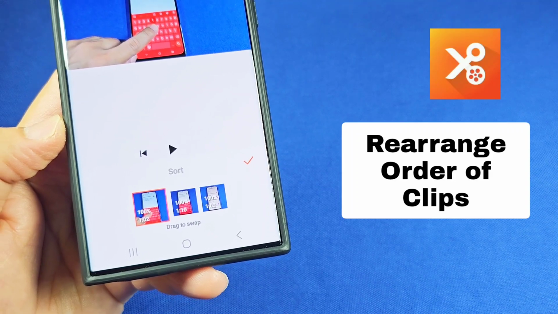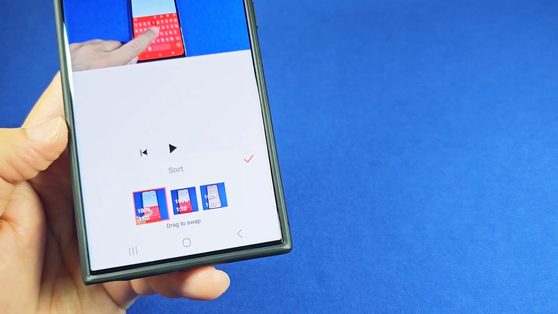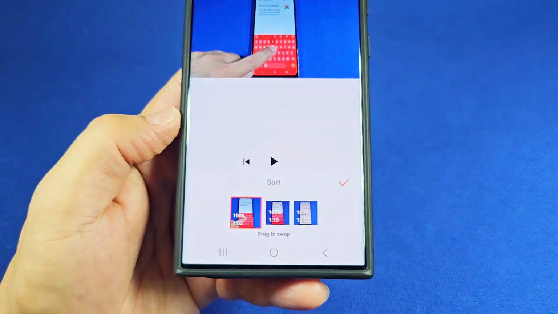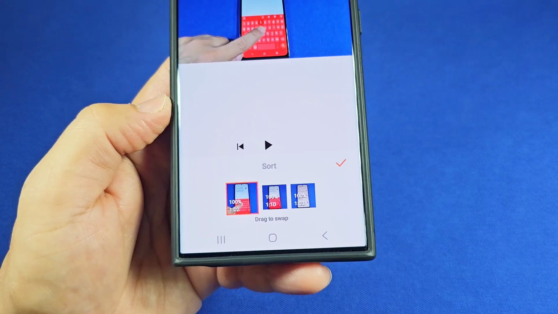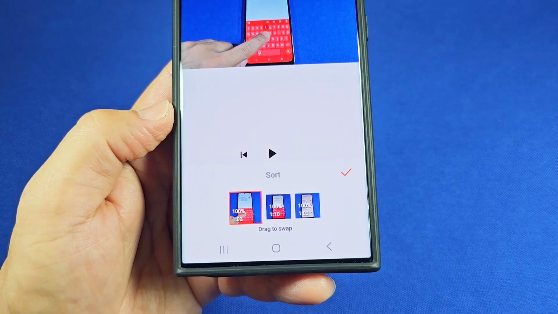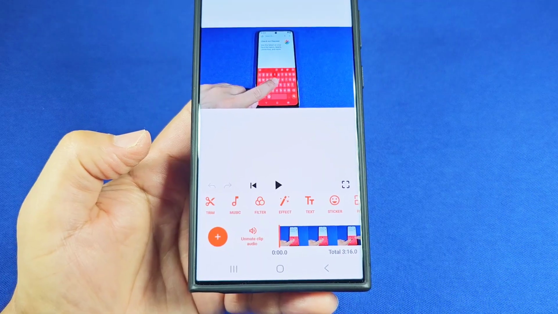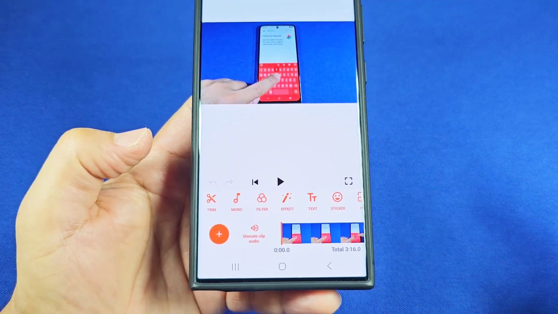How to rearrange video clips on your YouCut video editor app. So this basically is, let's say you are working with multiple video clips and perhaps one of these video clips are in the wrong area as part of the timeline. When all your videos are all set here and you notice that you have a video that's not within the